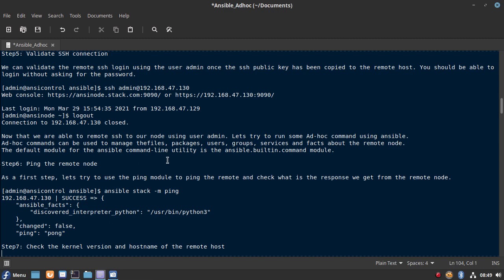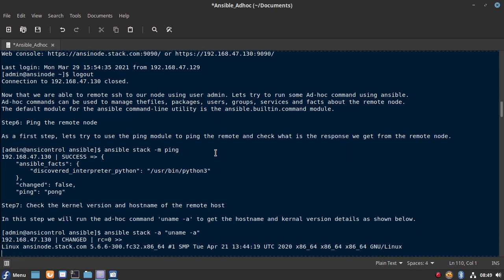The module that is available by default with the Ansible tool is the built-in command module. We need not pass it using -m because it is already available with the default settings.